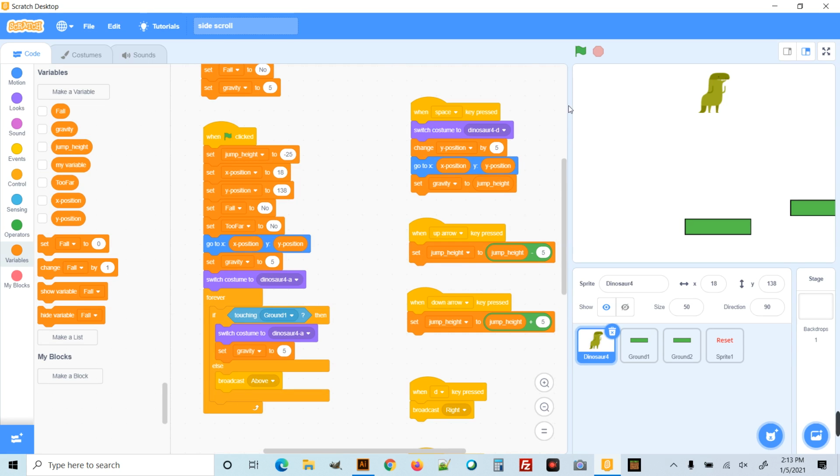Okay, so if we go back to our original side scroll, what we did when we pressed the space key was we changed his Y position by 5 to get him off of the land, and then we set gravity to jump height. So if we go back to our project here,